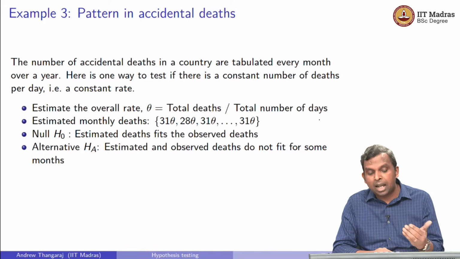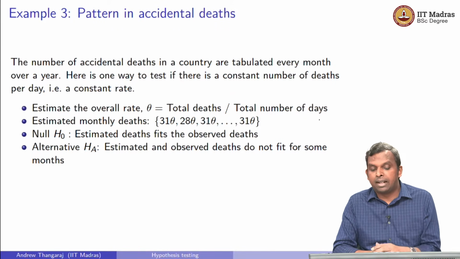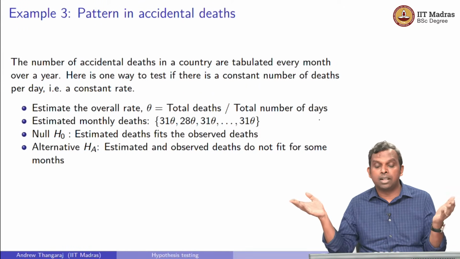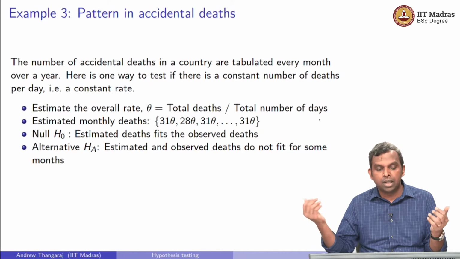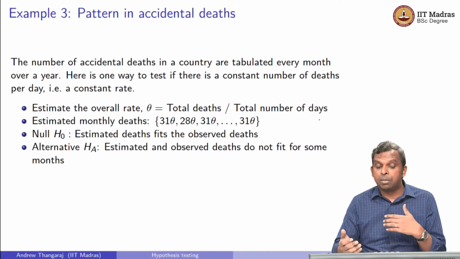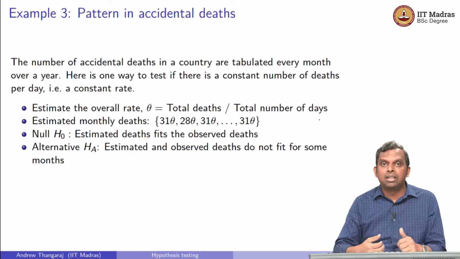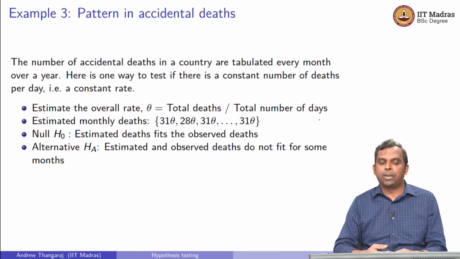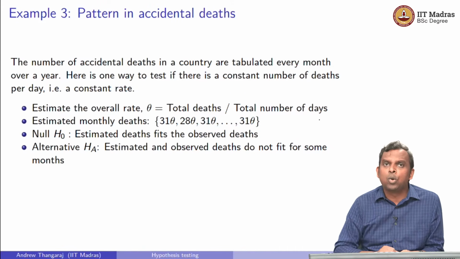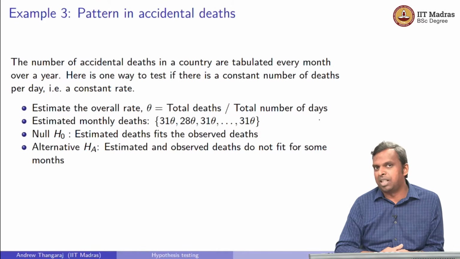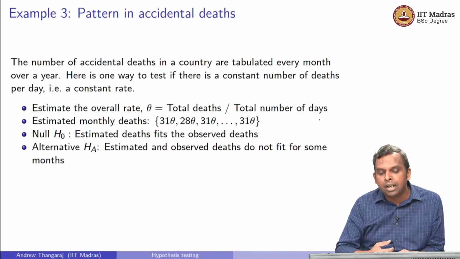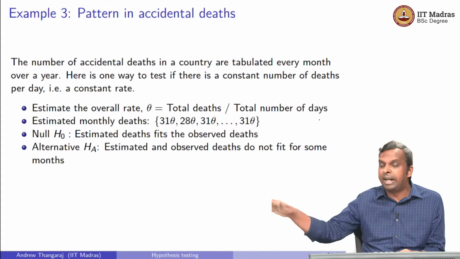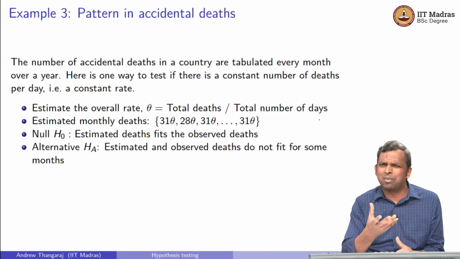So the null hypothesis is the estimated deaths fit the observed deaths. So the null hypothesis you're saying is uniform. There is no seasonal pattern. The alternative hypothesis is the estimated and observed do not have a connection with each other. They are very, very different. They are significantly different. So there is a goodness of fit test here in some sense. You can sort of sense it. Does the data fit the uniform distribution? In some sense, that's what you're trying